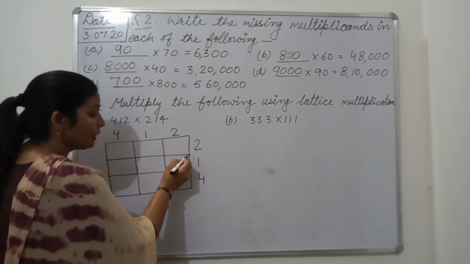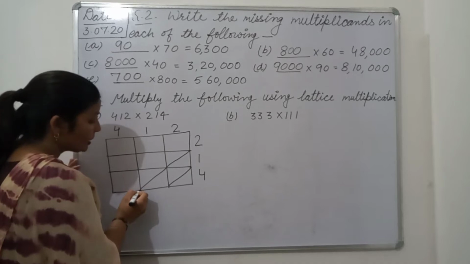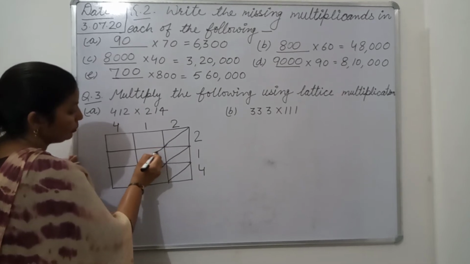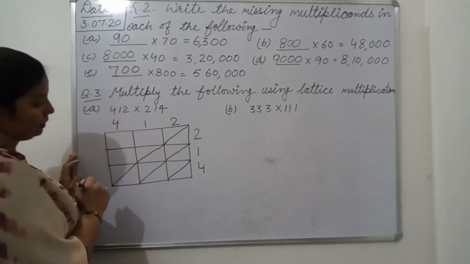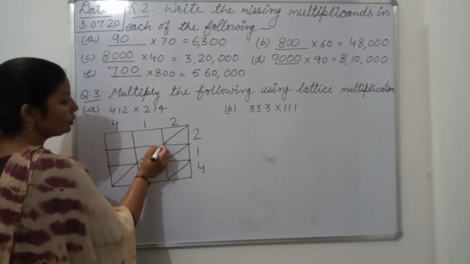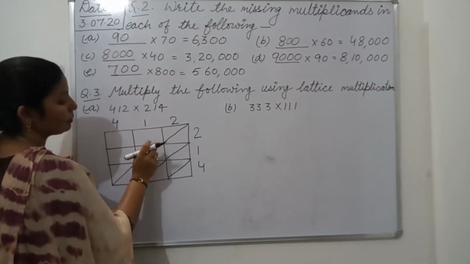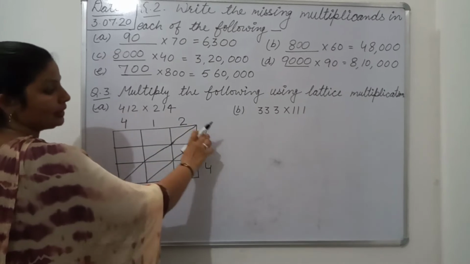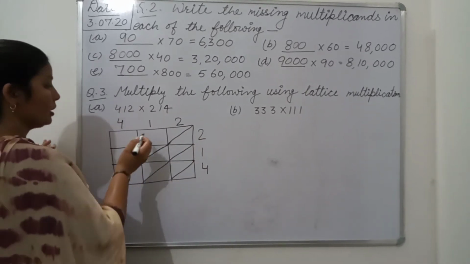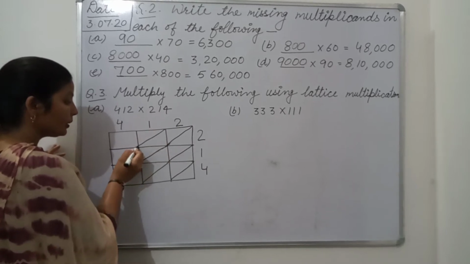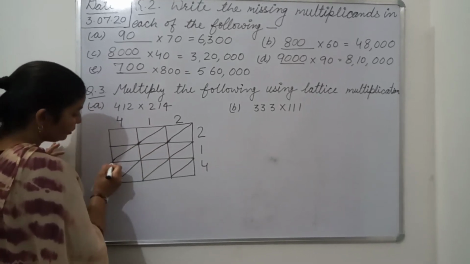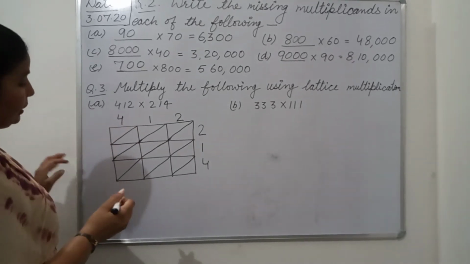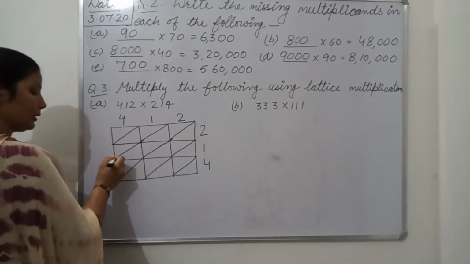This box also we should divide in two parts. Down side is also in two parts. This also we will divide in two parts. This one is also divided in two parts. You should use a scale. Like this you can use a scale to make the lines straight. You should make a square box because there are 3 by 3 digits. Now this box also we should divide in two parts, and down also in two parts. And this one also we will divide in two. Now you see that each box is in two parts.